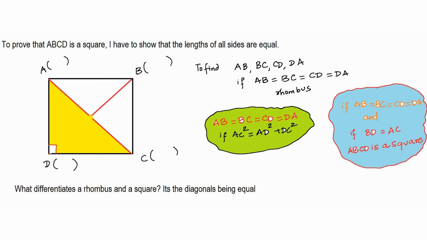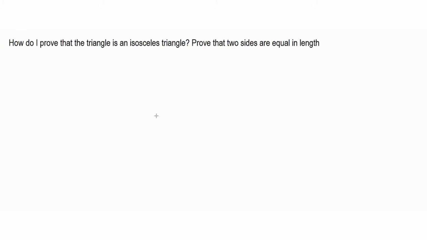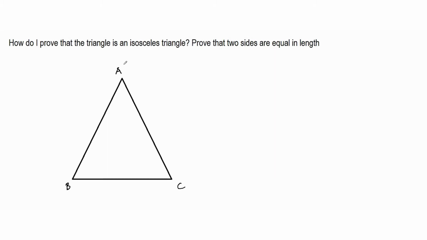Let us now discuss the next shape. So how can I prove that a triangle is isosceles? So consider you have 3 points, say A, B and C. Assume that the coordinates of these points are given, right? So assume that the coordinates of A, B and C are known. I can definitely find all the three sides.